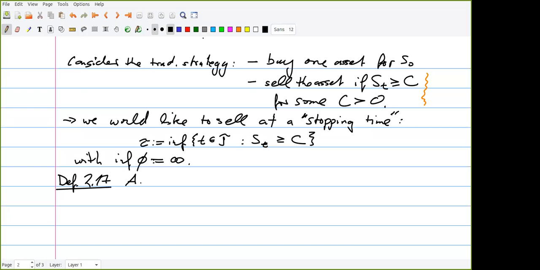So what we want to call a random variable, right? This is a random object, this time tau here. And we want that it takes values in our index set I or infinity, right? This is what we see here. So we consider a random variable which maps to the index set or to infinity. And this is then called a stopping time,